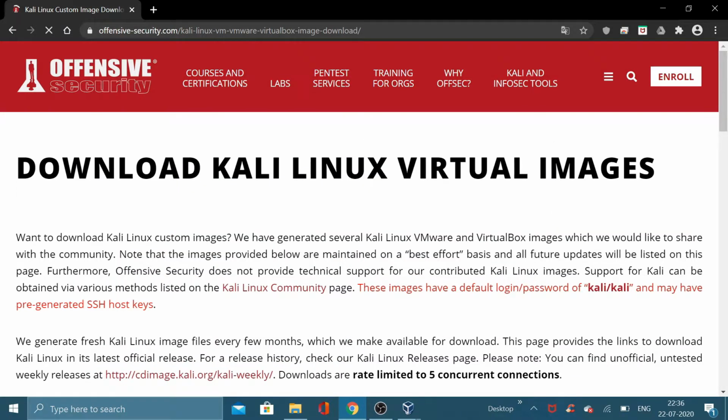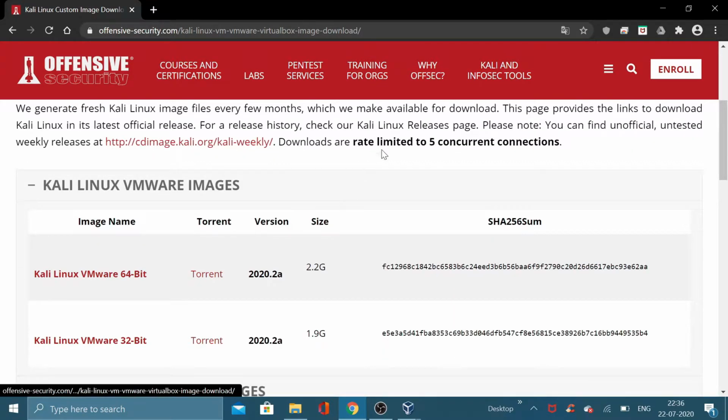Now we have to use an operating system designed for hacking. We're going to use an operating system called Kali Linux, which is just a flavor of Linux, and it comes with all the programs and applications that we need to use in hacking. You can find this site inside my description, so check my description and open this site inside your favorite browser.